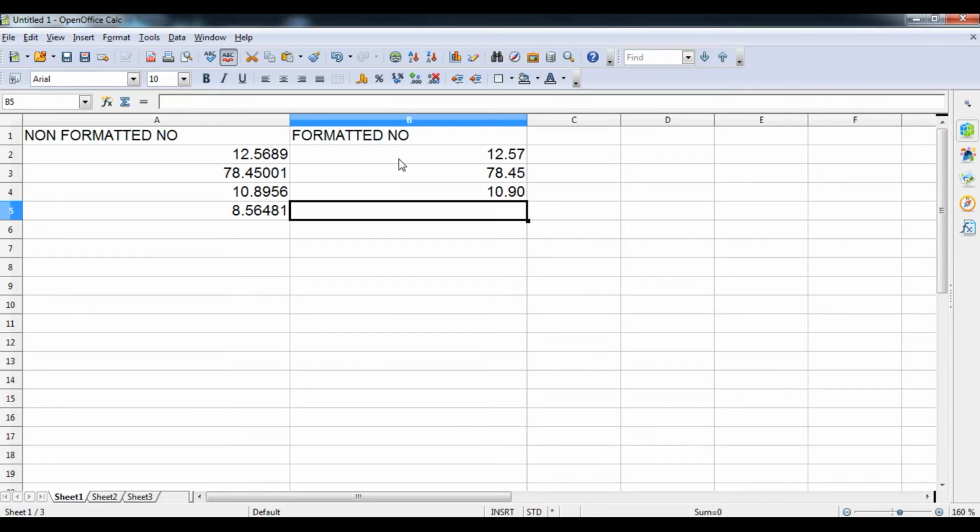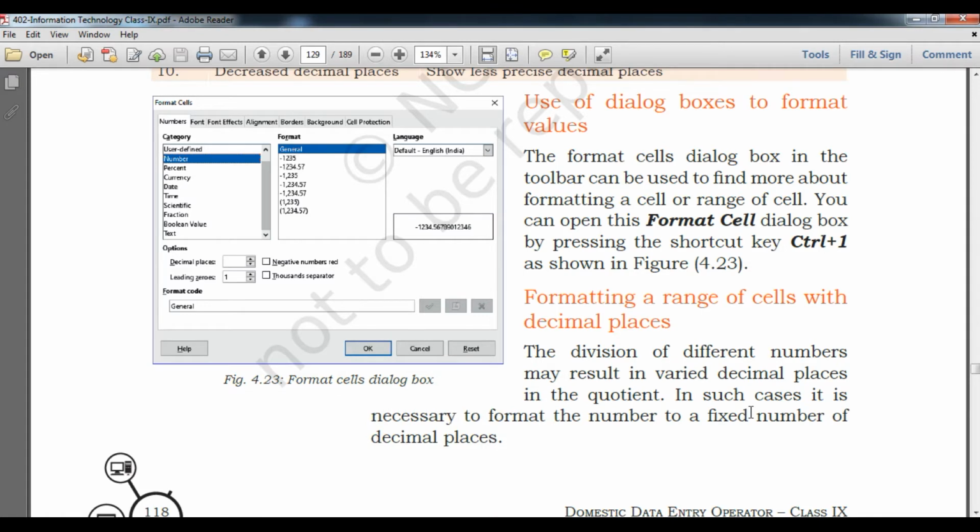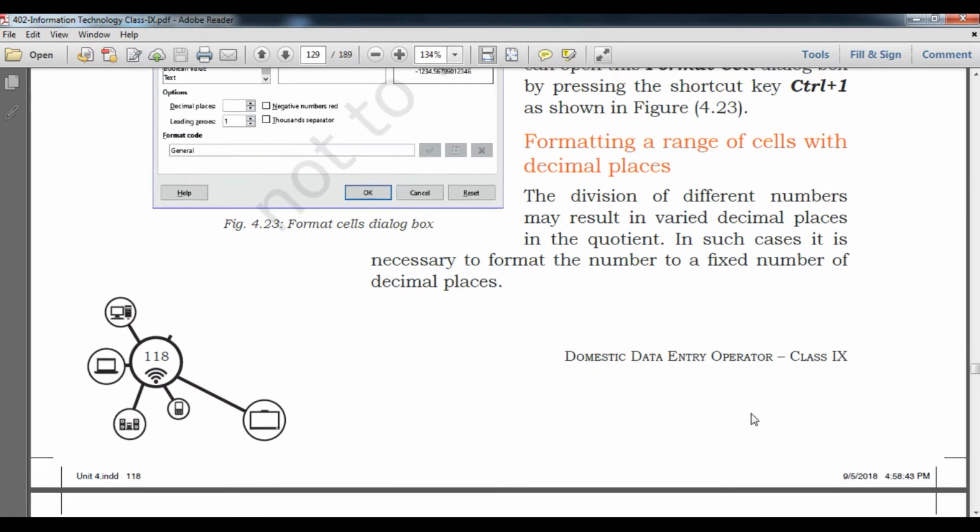After that, whatever I type has no meaning; it will be converted automatically. I will type the same thing, 56481. Now you can see it automatically converts into a number with 2-digit decimal places. So now we have learned how to use the number, I mean the quotient part.